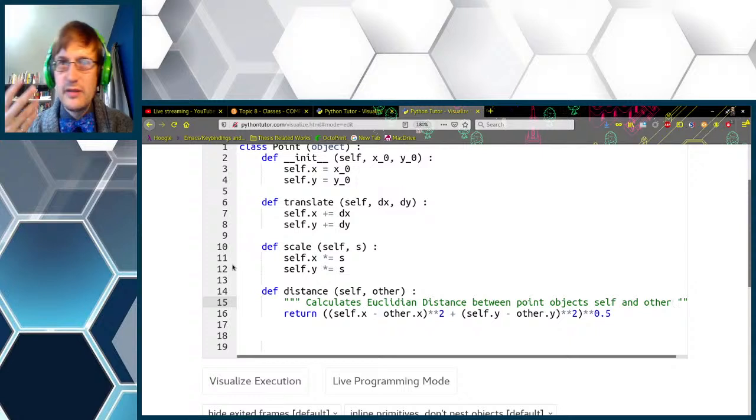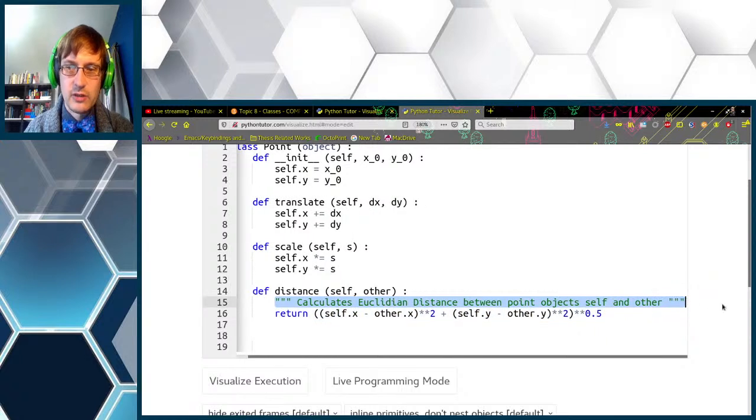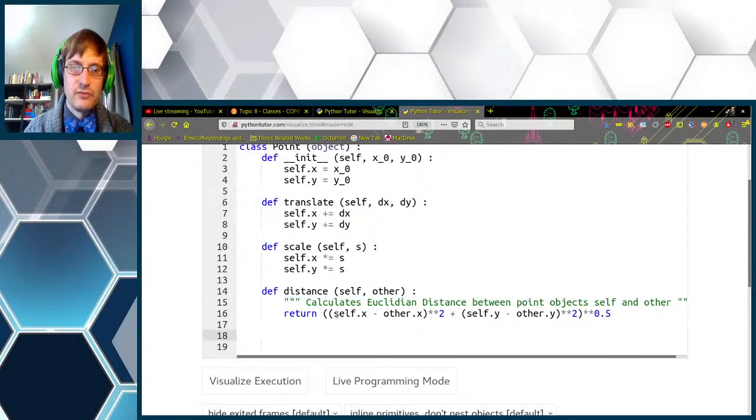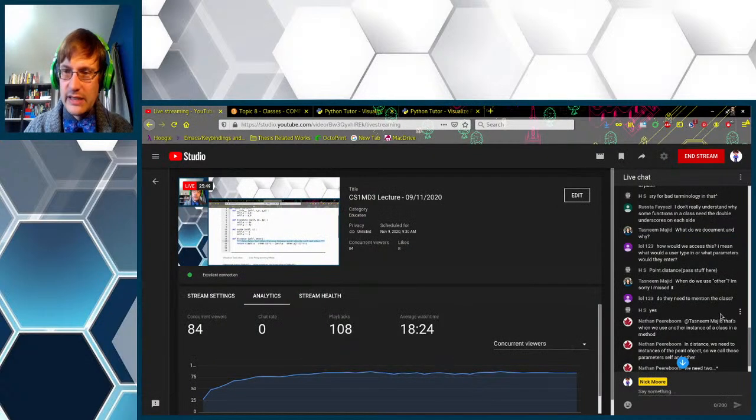Basically, you should be providing documentation to tell the user of the function what the function does, what it expects as input, and what it produces as output. Yeah, hopefully that's an answer.